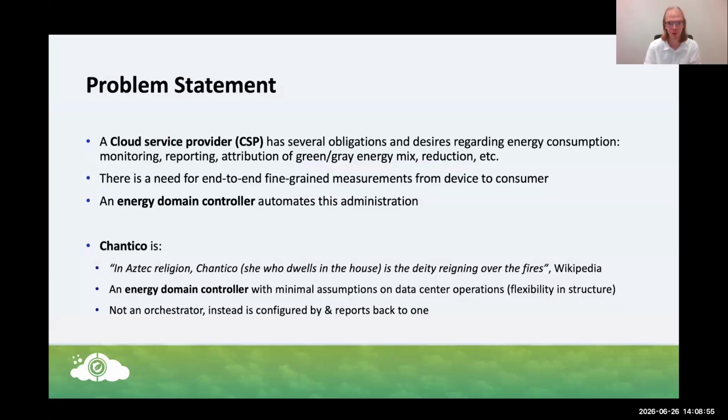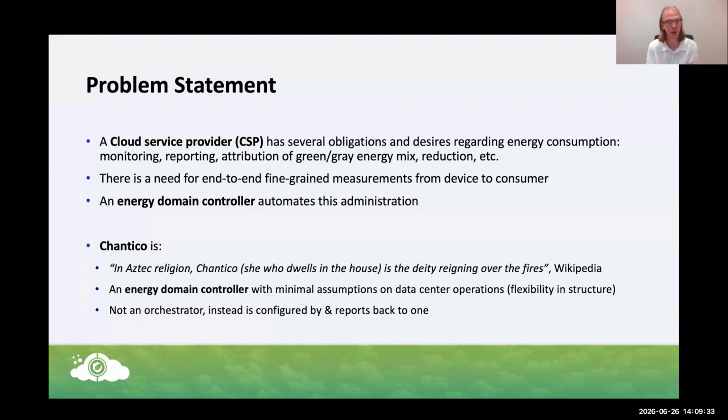A big problem in data center and cloud operations is to really manage how much energy you're using, how to monitor this, how to report this to various stakeholders, how to keep track of how much energy is coming in from different sources, from green energy or battery or gray energy, how to provide this as attributed information to your different services you're providing, and how to reduce the energy that is being used in data centers.